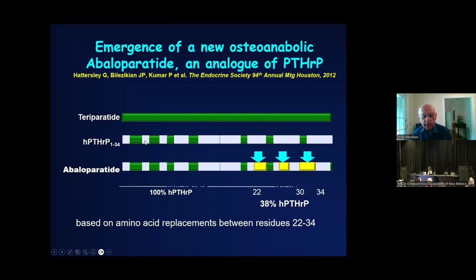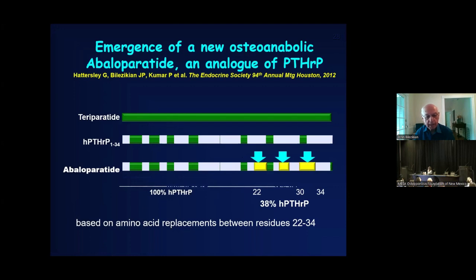So a lot of PTHrP is not like teriparatide. Abaloparatide is really interesting because out to residue 22, it is identical to PTHrP. And thereafter, in more the carboxy terminal end of the 1 to 34 peptide, in these yellow cassettes are where there are a few amino acid substitutions that give abaloparatide